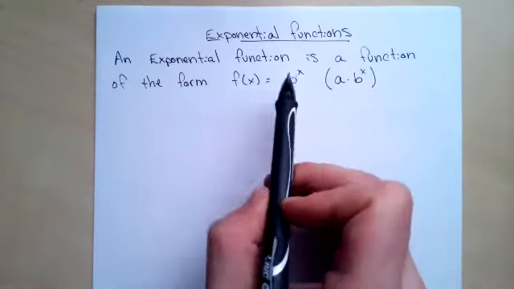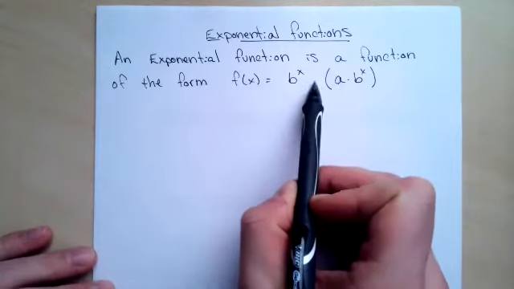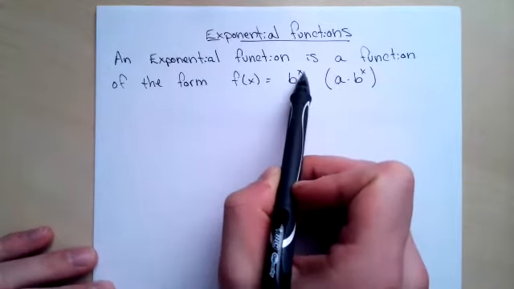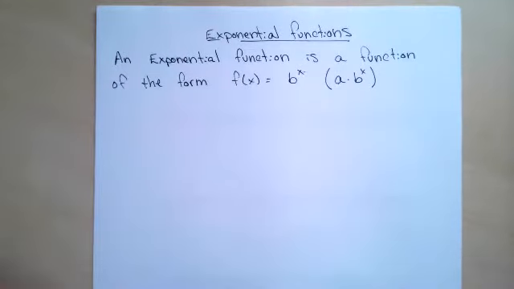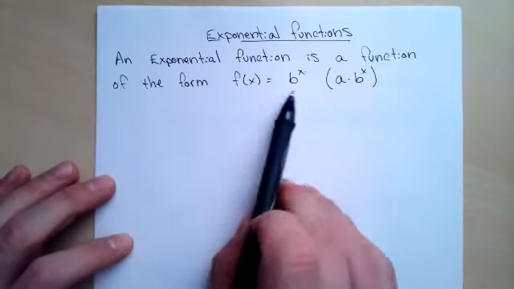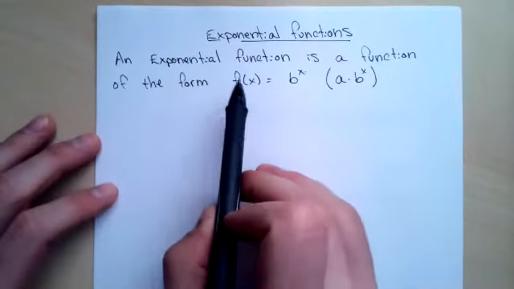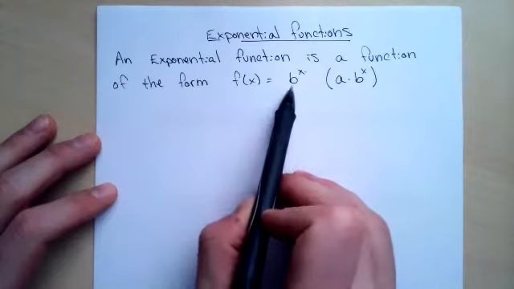And then as well, if we apply other translations, like add constants either in the exponent or outside to shift left and right, up or down, all the transformations we know. But for now, while we're introducing the function, our root function, our base function, is just b to the x,